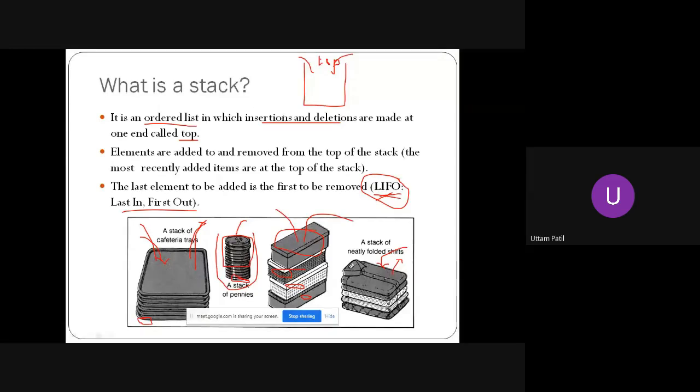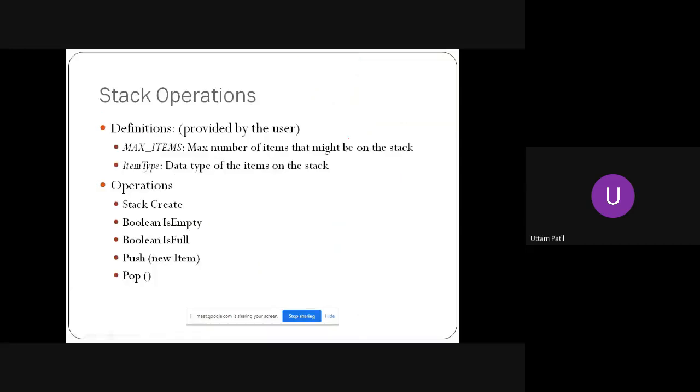Now there are particular names which are given for insertion and deletion. With respect to stack, we say the insertion operation is push, and for deletion we call the operation pop. So let us look at the stack now.